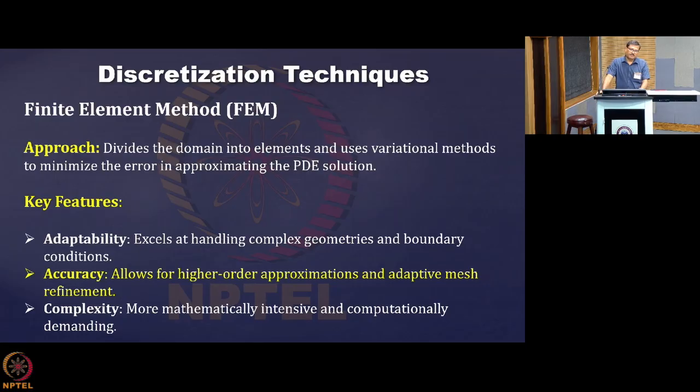Now the finite difference method is simple, but it is not very useful for complex geometries, whereas the finite volume approach is ideally suited for plasma-like fluids, where you need to maintain the conservation equations at every zone. In the finite volume method this is inbuilt, and the finite element method is a bit computationally intensive and mathematically intensive as well. So most of the studies that I will be showing now are based on finite volume methods.